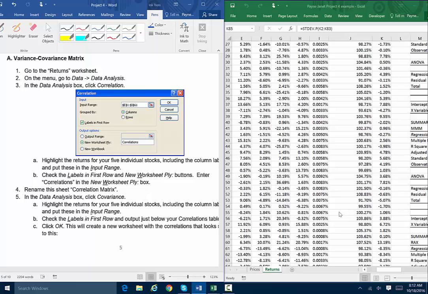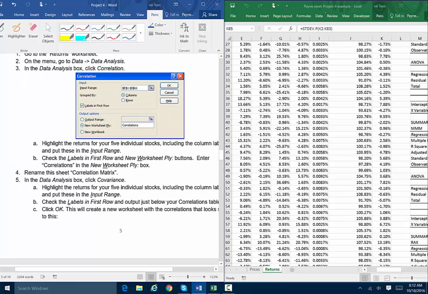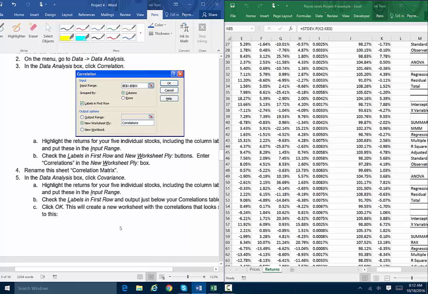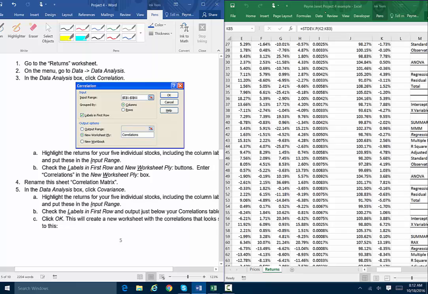And on the menu, go to Data, Data Analysis, and we're going to do a correlation matrix. You're going to use the correlation matrix later. We're not doing it for part of the project, but you're going to use it later in answering some questions. So I'm going to talk to you for a minute about the difference between correlations and covariance later in this video. So we're going to go Data,